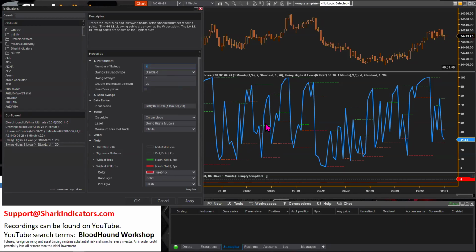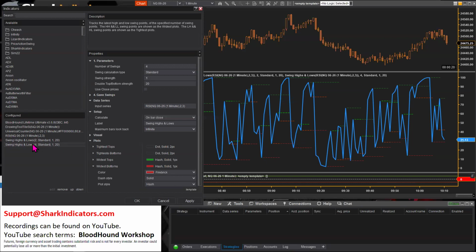If we look back here, we have this swing high, and then we have a lower high, and that's the brighter green line. So this darker one is tracking the highest high of these last 2. But then we make a higher low. So this is the highest high of the last 2 swing highs. So anyway, incrementing the number of swings allows you to track more swing lows.